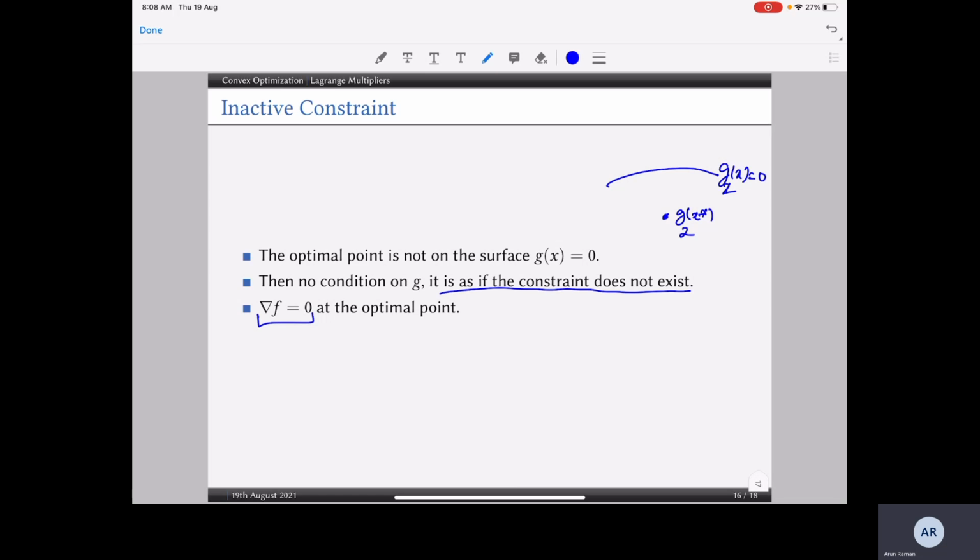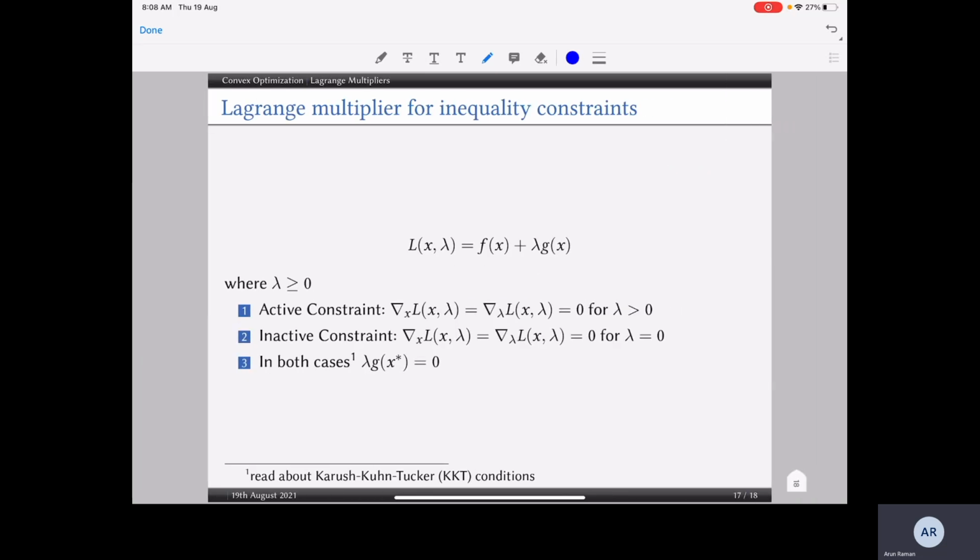So this becomes a standard unconstrained optimization problem that we do. Now we can combine both the cases: the first case that we had for the active constraint, and the second that we had for the inactive constraint. For the active constraint part, as we already saw, we form a Lagrangian. But in the equality constraint case, we did not have any constraint on mu. Here we need that lambda should be greater than or equal to 0.